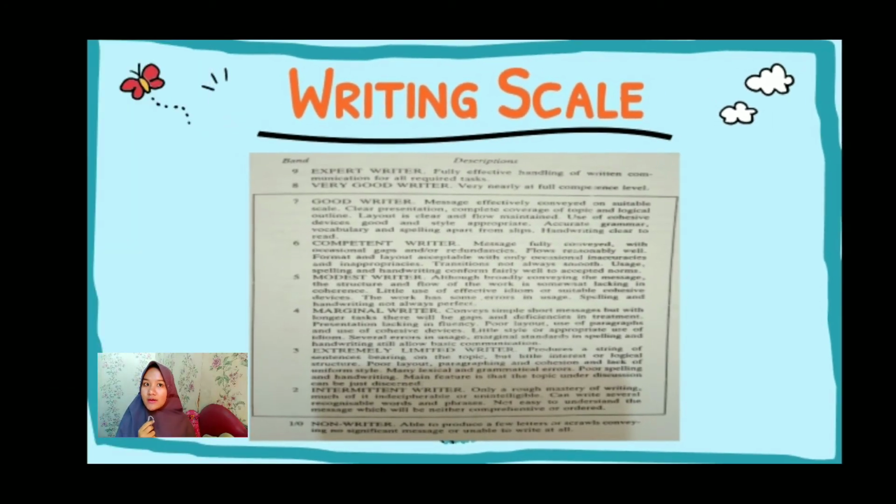Well, we come to the writing scale, which determines the writer's capability of writing. So we have band 0 to 9. If it is an expert writer, the band is 9, where the writer is fully effective in handling written communication for all required tasks. And a very good writer, the band is 8, where it is very nearly at full competence level. And a good writer, the band is 7,